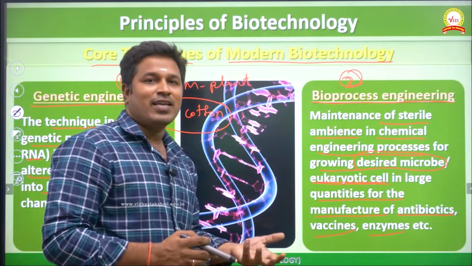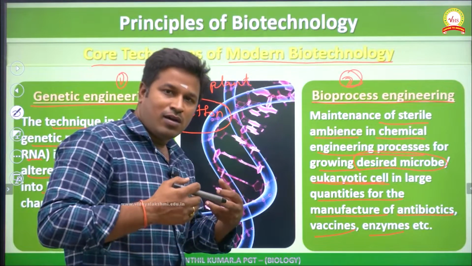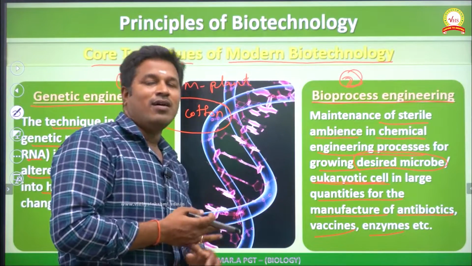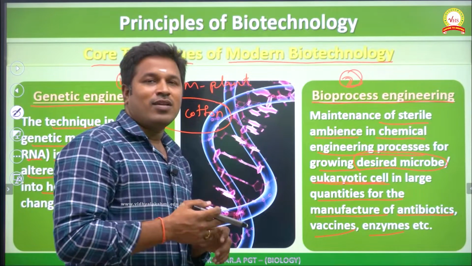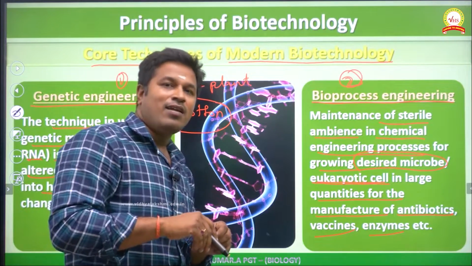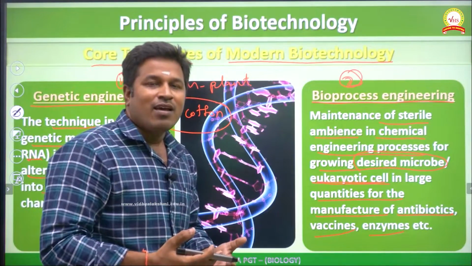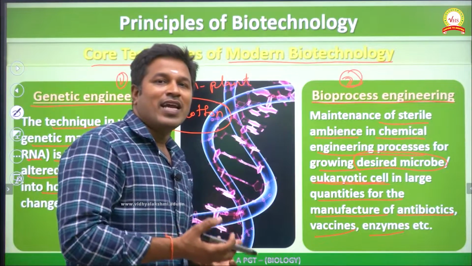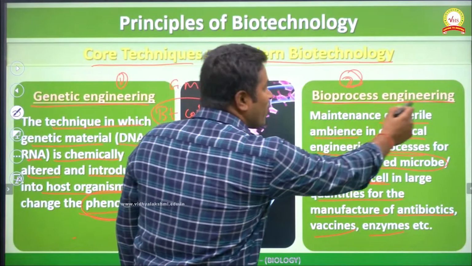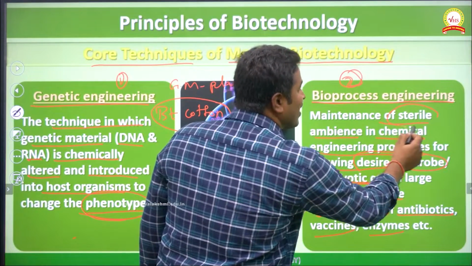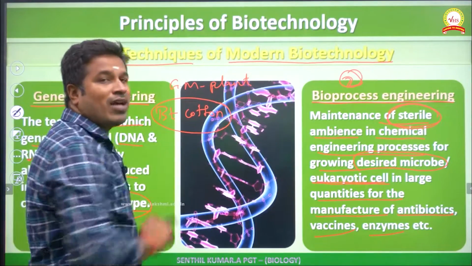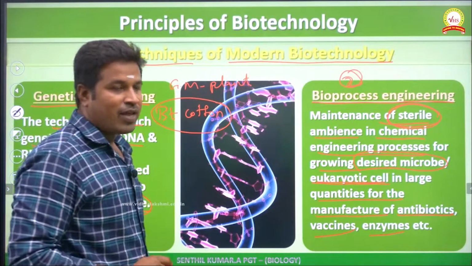Whatever the desired technique, whatever particular product we are planning to make, for example wine, or bread, or maybe curd, for all of that we need a specific microorganism. If any other microorganism is added along with that, the product may be contaminated and we may not get the desired quality of the product. So to avoid that, they go for a bioprocess engineering technique, which is mainly sterilization. To keep the sterile ambience, this bioprocess engineering was there. Okay, and next